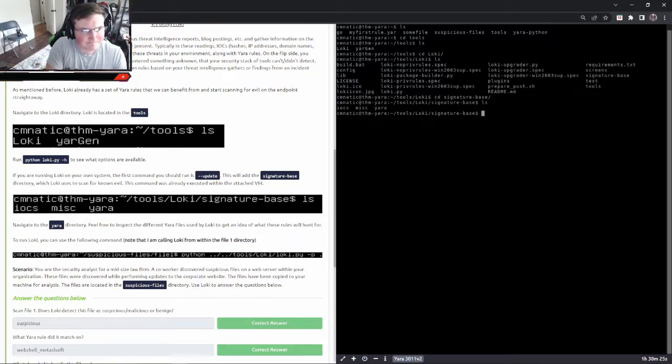So now we're in the tools. Now we're going to go ahead and run python loki.py. Are we in the tools? We're not in the tools. We need to go to, where are we? Okay, so we are in the tools. I'm sorry, I think I went one step too far. Yep, I did. Okay, so now we'll go ahead and run python loki.py -h, and this is just the